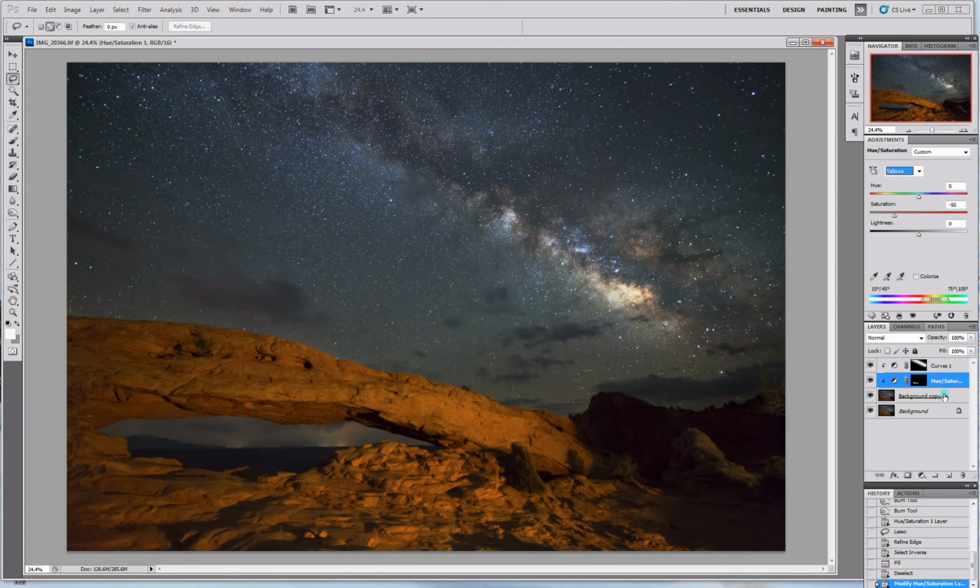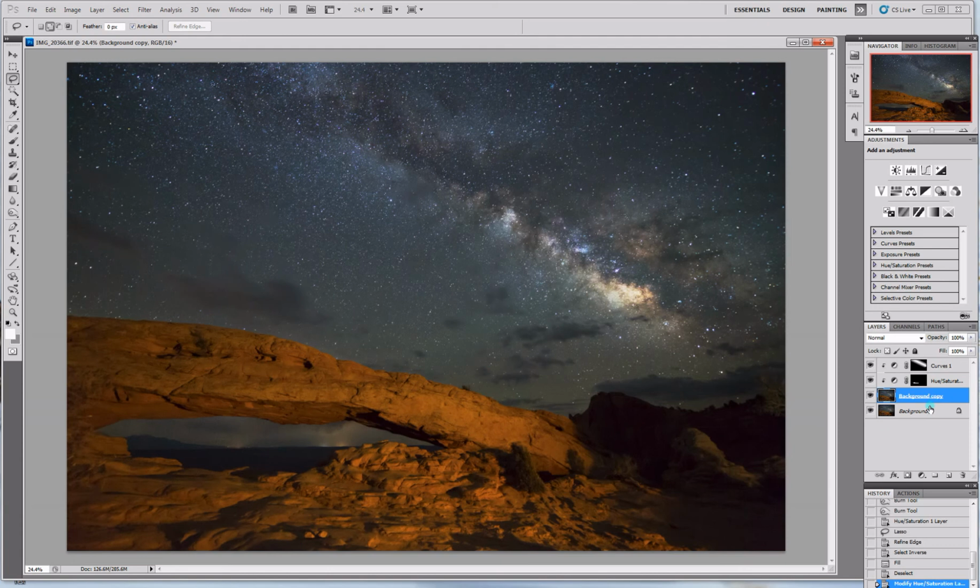So now that we've got the sky pretty well taken care of, we can go ahead and focus on the foreground a little bit better. And so what we'll do with that is we'll create yet another adjustment layer. This time I think let's just globally brighten up this foreground a little bit. So we'll go ahead and select the levels adjustment layer,